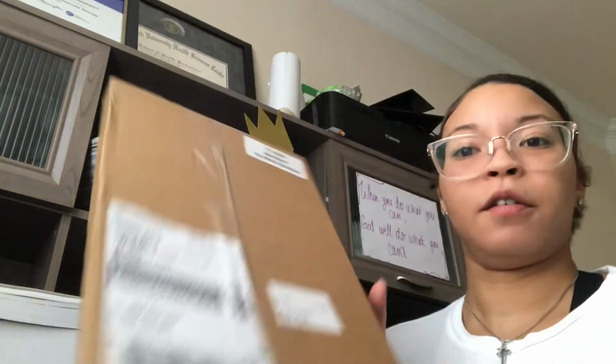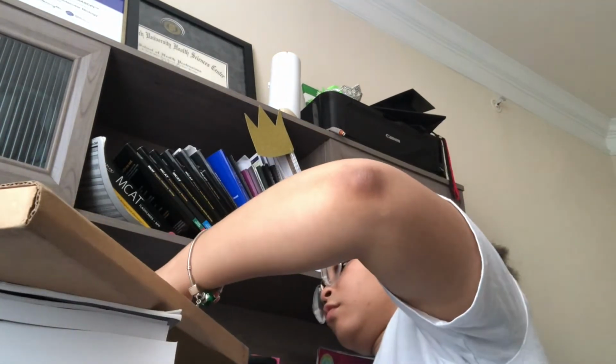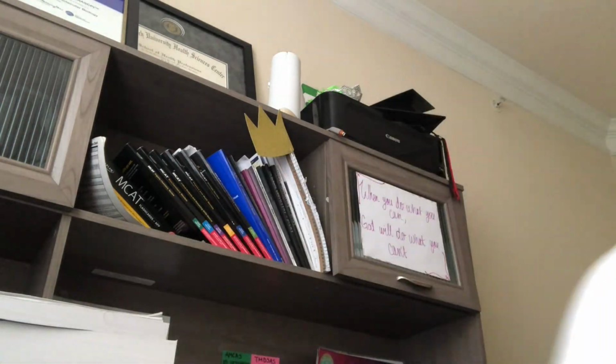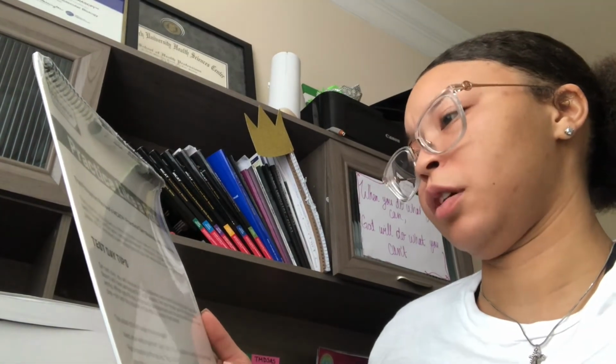Now, let's open this thing here, the MCAT pad kit. I don't know what that is. Guess I'm opening it. This is what I'm seeing here. A little dusty. Oh, a pad. Okay. Put that there. Practice like a pro. Okay. The Princeton Review's MCAT practice. Oh, okay. So it looks like...